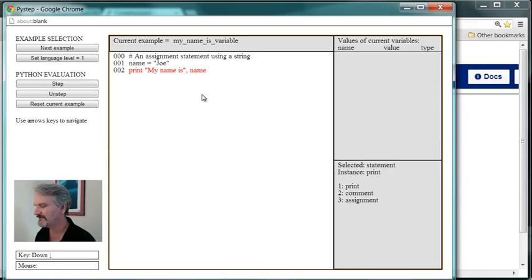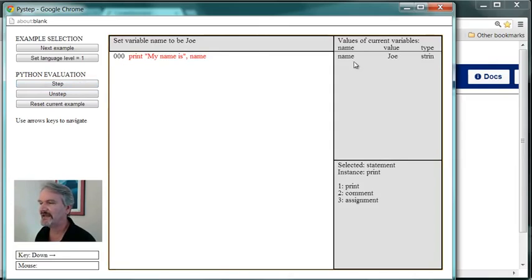And let's use PIStep to understand how this program is evaluated, because we'll see what happens when you define a variable inside Python. So the way we evaluate an assignment statement is we take the right-hand side and we step through it and evaluate it till it's a value. So in this particular case, this is already a value. So if we step, we're going to simply create a new variable which has assigned to it